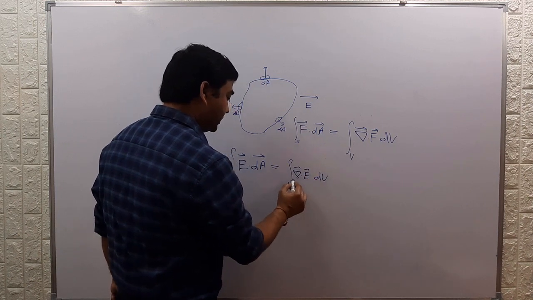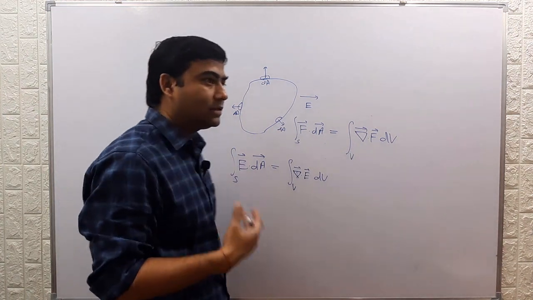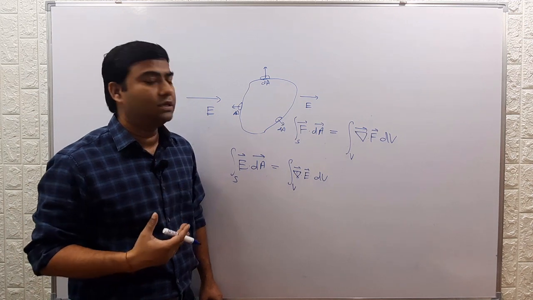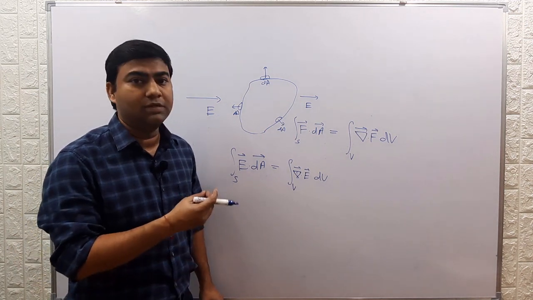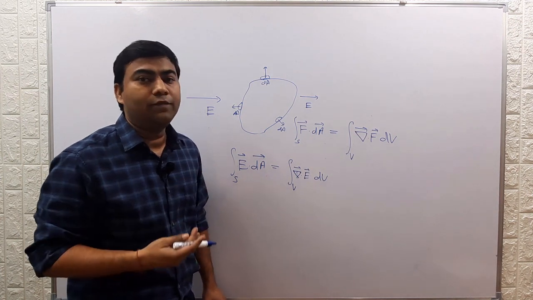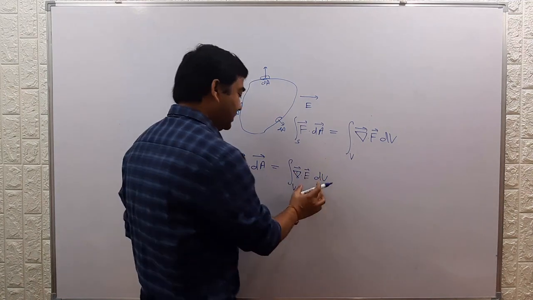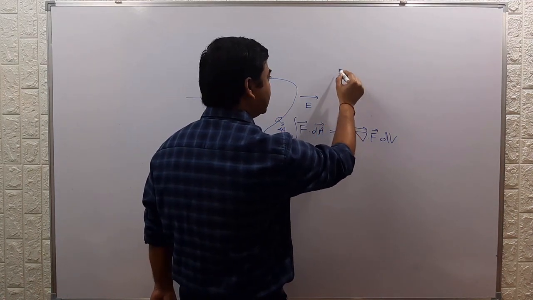For the volume surrounded by the Gaussian surface, we will now use Maxwell's equation here. You need not go into the details of Maxwell's equations. We will just use the simple result of Maxwell's equation for low frequencies. For low frequencies, the divergence, that is, the divergence at a point,